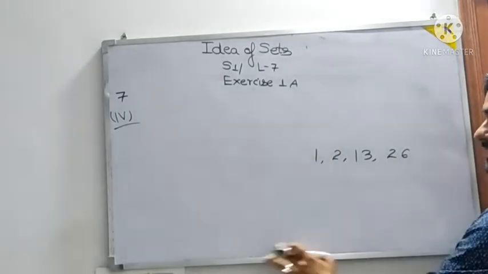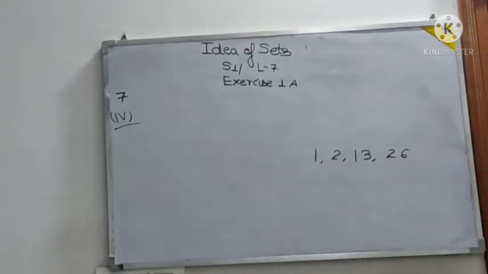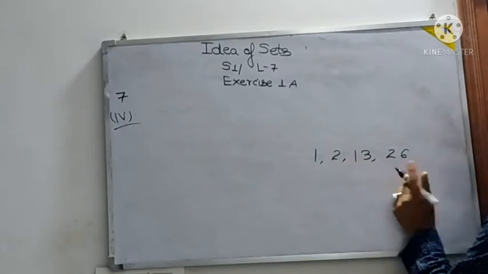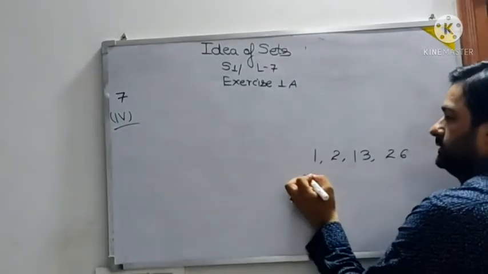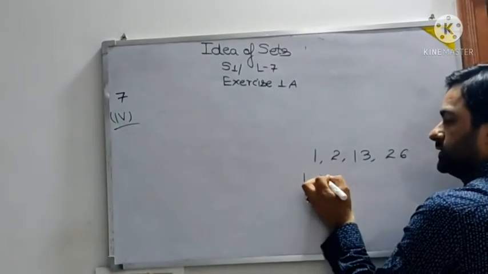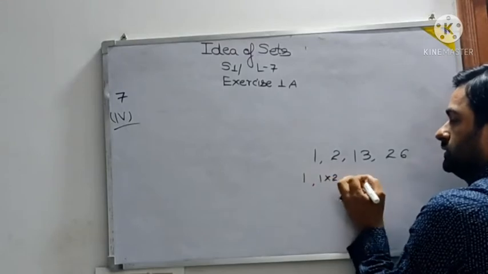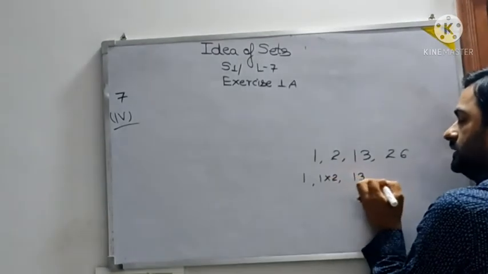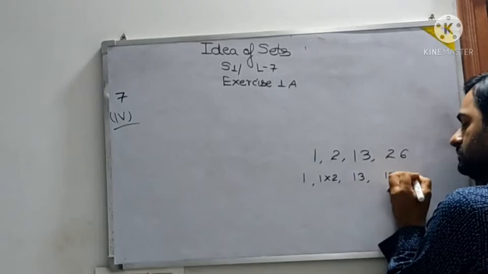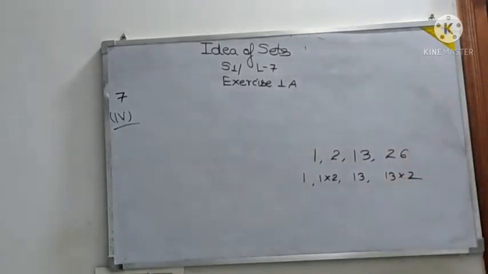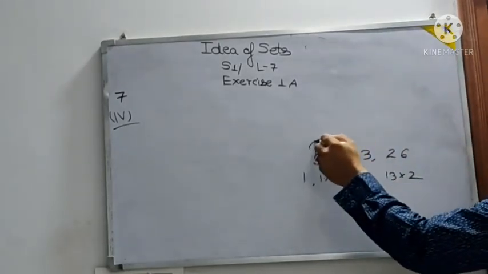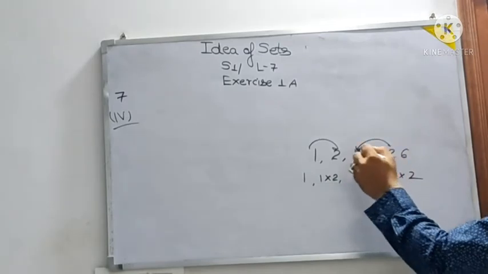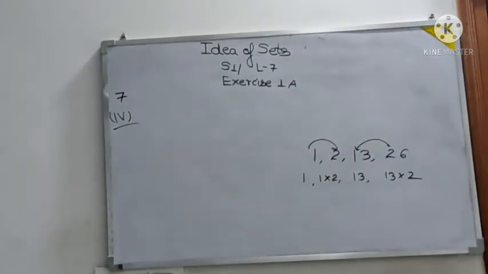See, it can be hit and trial also, it can be right also, it can be wrong also, but you have to check for it. 13 to 26 is there for definitely. 1 is here, this is 1 into 2, and this is 13, and this is 13 into 2. That means, can you say the next is the multiple of the previous one? But how to generate 13 then? 1 and 2 is okay, but how to generate 13?